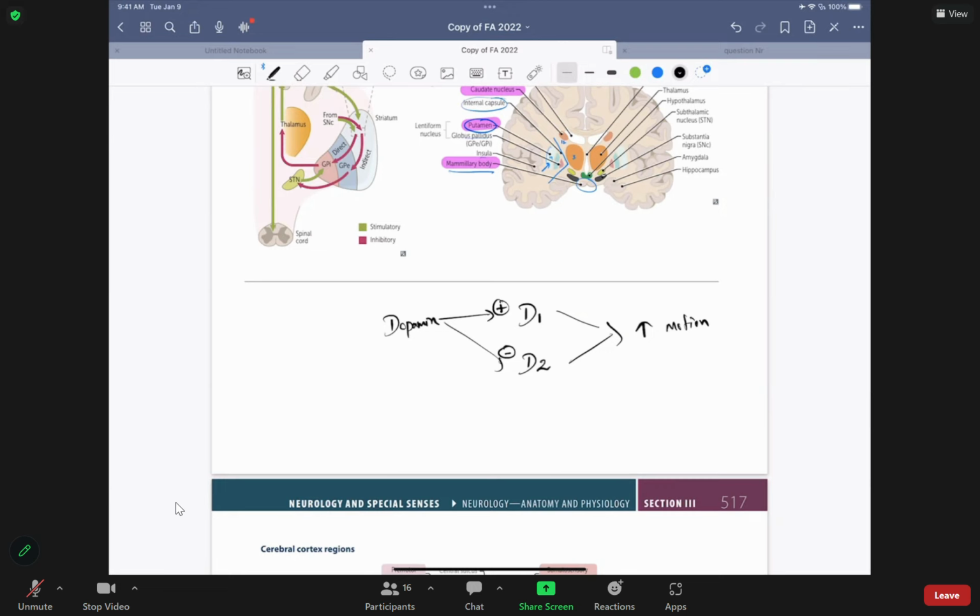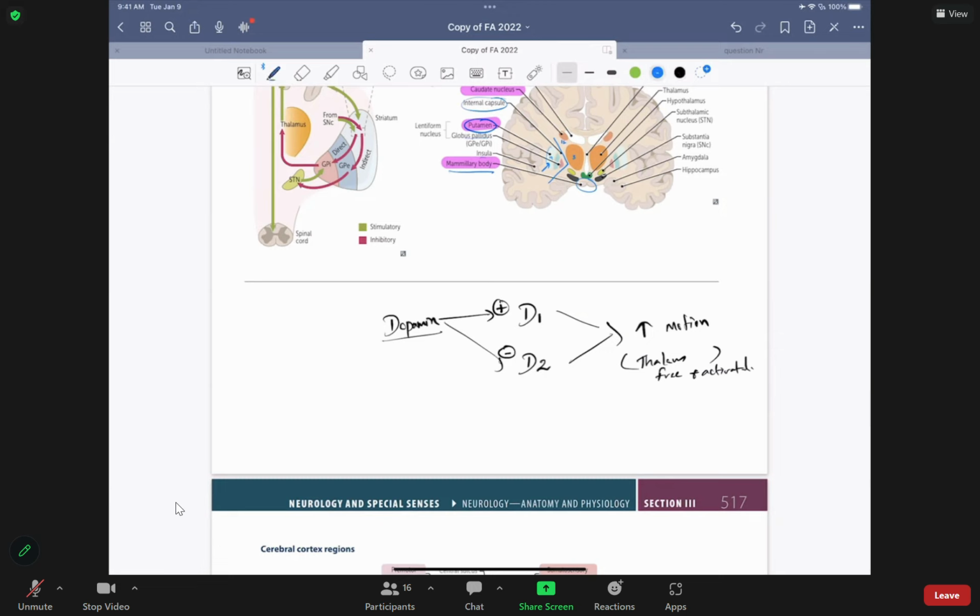When you have dopamine, D1 is stimulated and D2 is inhibited. So therefore, it's easy to make a move, folks. I could simply say, whenever there is dopamine, your thalamus is free. How many people agree with me? Whenever there is dopamine, your thalamus is free. Because when they stimulate that direct pathway, your thalamus becomes free, right? I could even write it here: thalamus, free and activated.